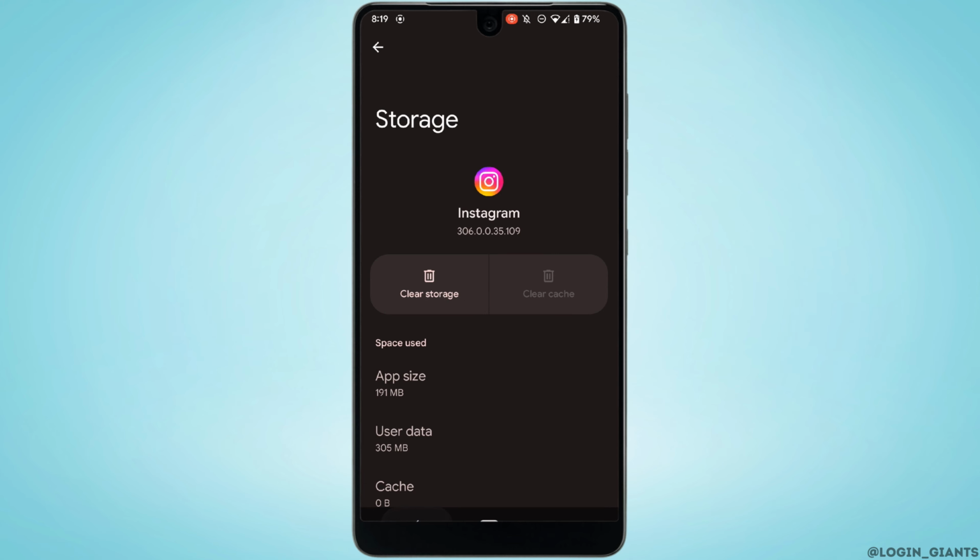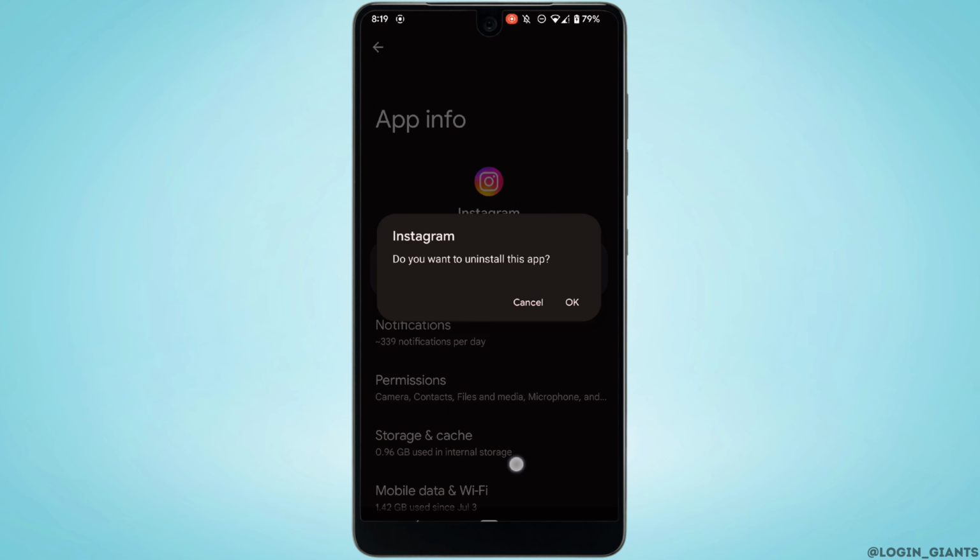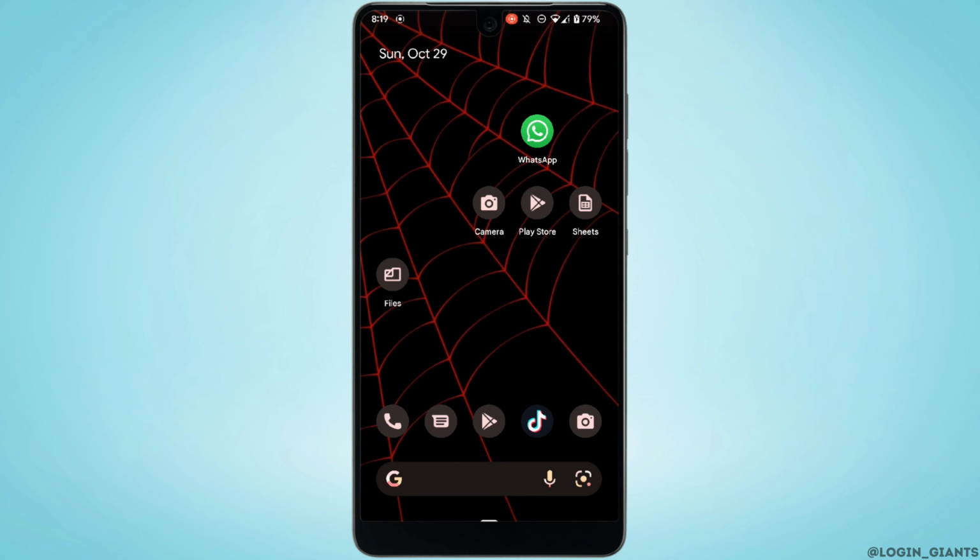But if you are still facing this issue, then what you want to do is, you can uninstall this application and reinstall it again. Reinstalling the application will definitely fix the issue that you have been facing, and then you'll be good to go. So that's it, and this was a tutorial video on how to fix Instagram story music